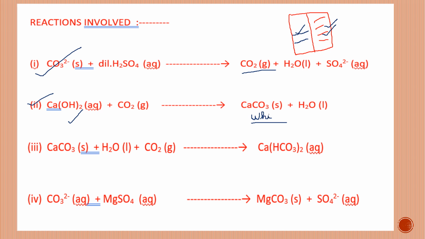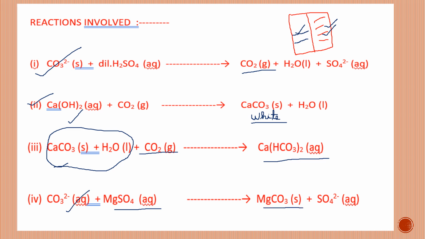And if we keep on passing this CO2 through the lime water for a longer duration, that means more quantity of CO2, if it goes in this solution where I have calcium carbonate as the precipitate, then the milkiness disappears because soluble calcium bicarbonate is formed. And the last confirmatory test, when you add magnesium sulfate solution to the aqueous solution of the salt, you will get MgCO3, again a white precipitate.